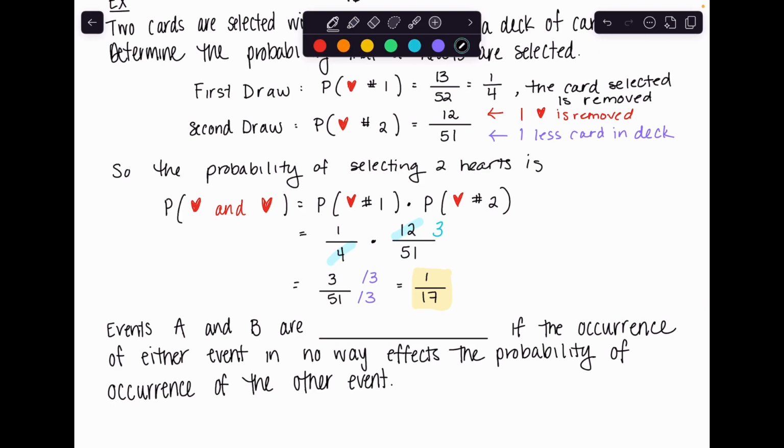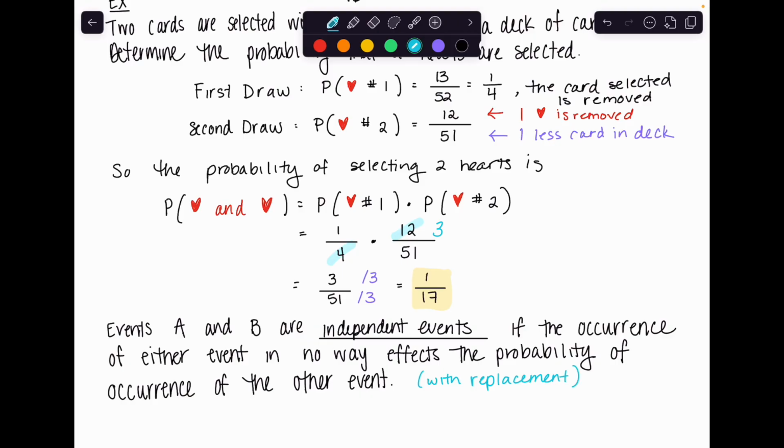So events A and B are independent events if the occurrence of either event in no way affects the probability of the occurrence of the other. So again, in that first example, when it was with replacement, I got to ignore the fact that I drew a heart already, and I could calculate that probability on its own. So independent events, this is when there is replacement,